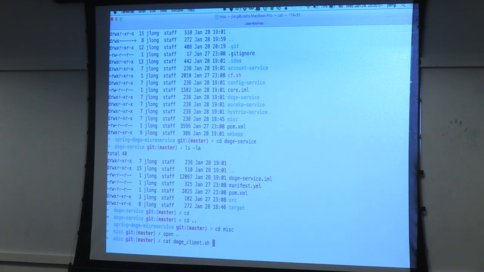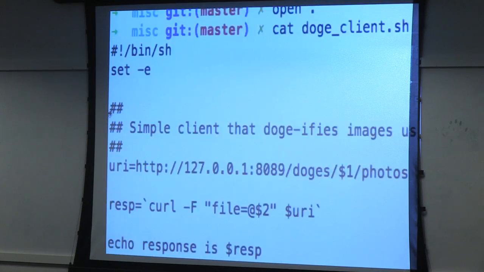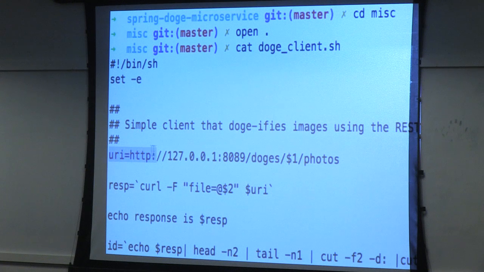called doge_client. You don't really need to care about too much of it. I've got a variable here that says HTTP URI is equal to this. And of course, this is the first parameter into my little script. So it's going to be a correlation key, just a way for me to correlate that this lives on the Doge service some way. It's an ID I can provide; it can be an ID, a string, whatever. And then the second thing I need is to provide a file to upload, a photo. I'm going to use this curl command, which is basically going to do a multi-part file upload, a POST, to the endpoint, and then it's going to pass in this file.